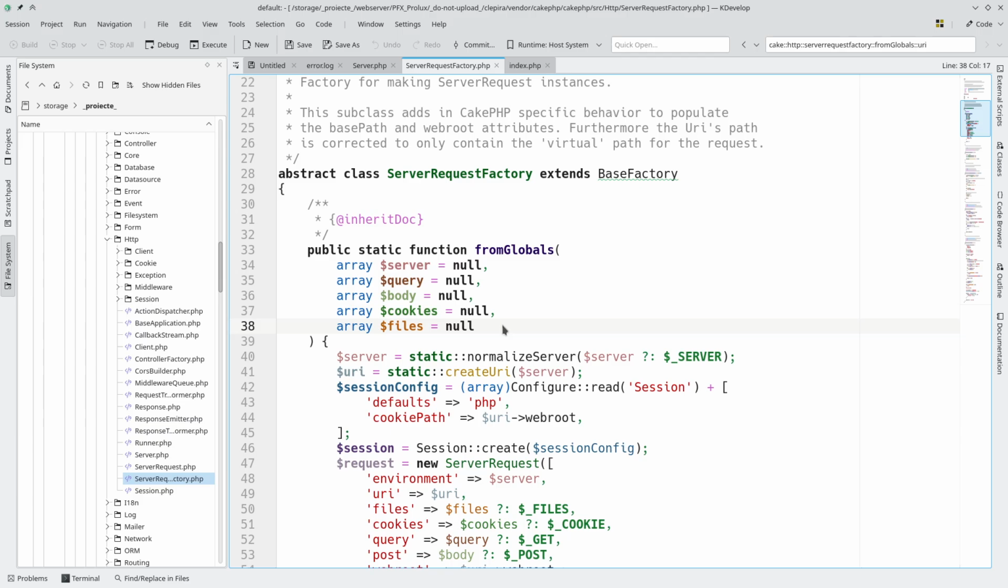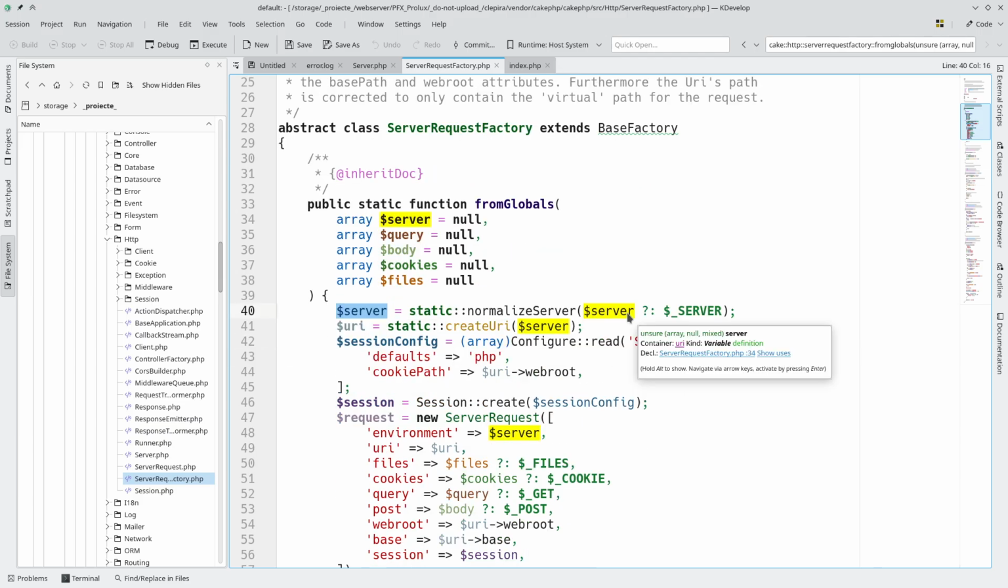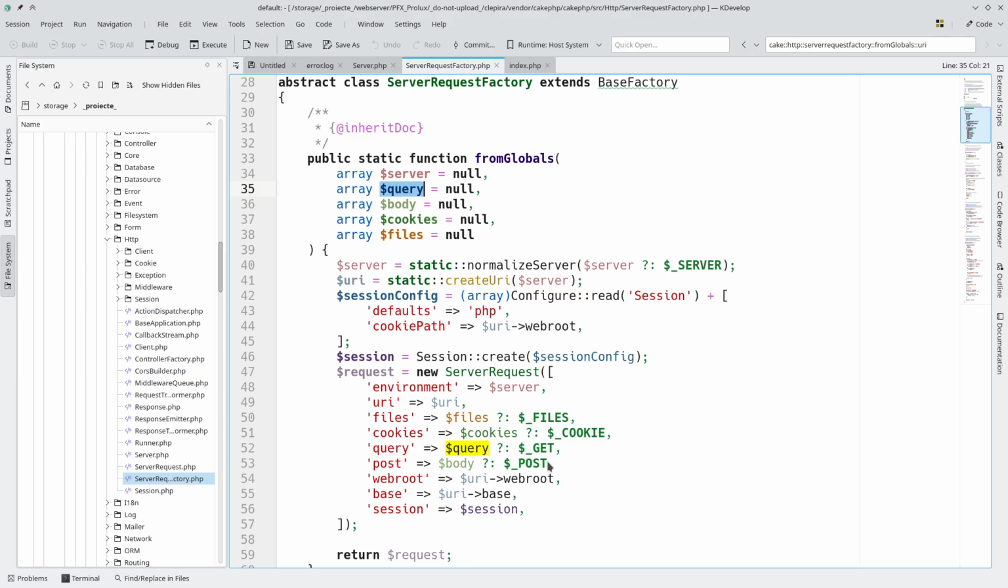I'm going to take a wild guess that server is basically a sort of wrapper over the dollar server super globals, and query... query is get. Well, what if you have post? Oh, body is post. Wow. Why not just keep the get and post names for the sake of sanity? Like, anyhow,